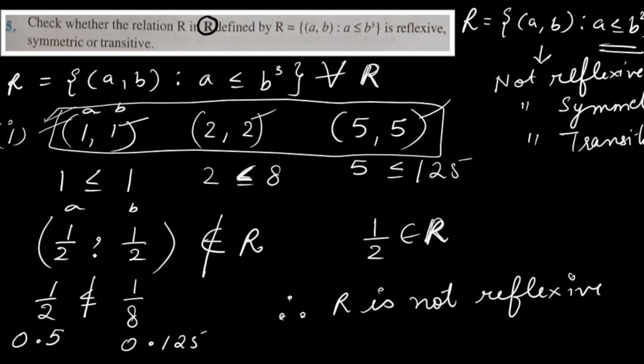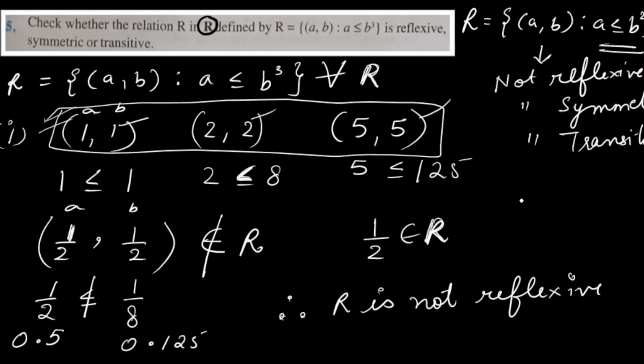So take real numbers, fractions like 1 by 2. If you go with 1 by 3 also, you will see it doesn't belong to R. So you can try with different numbers, mostly proper fractions. A proper fraction is when the numerator is smaller than the denominator. If you take this type of fraction, this relation won't be true. Like 1 by 5, and here you will get 1 by 125. So with proper fractions, the relation will not be true.